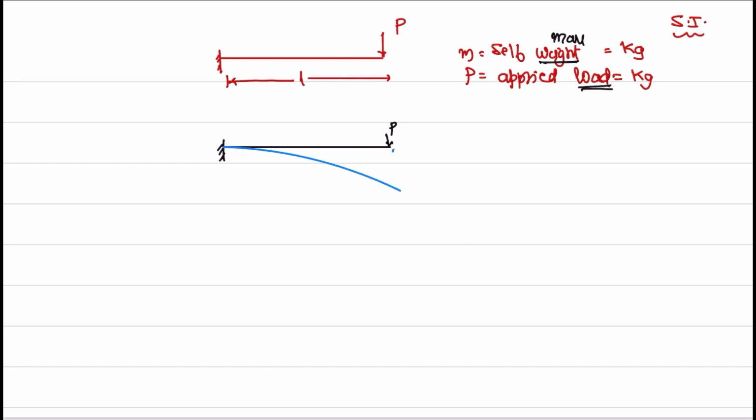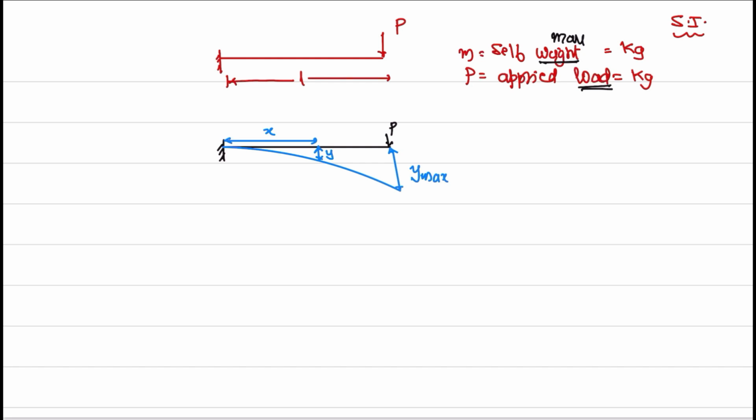This is the bending, the deflection. This is the bending. At a distance of x measured from the fixed end, let the deflection be y, and let this deflection be y max. The maximum deflection or the maximum bending takes place